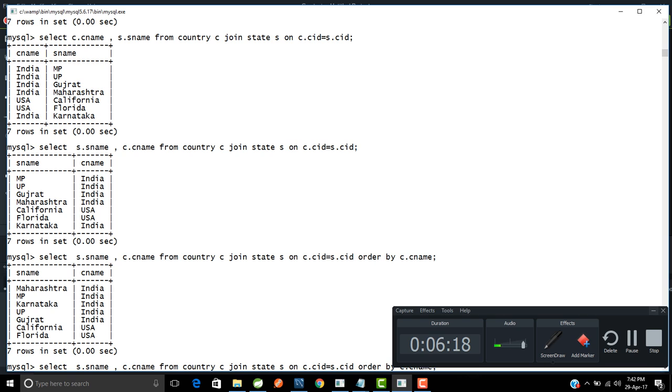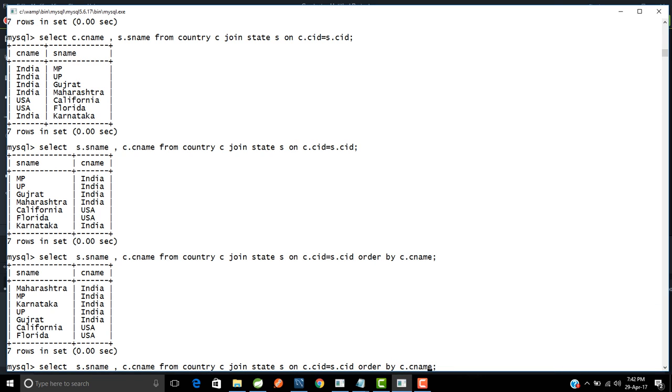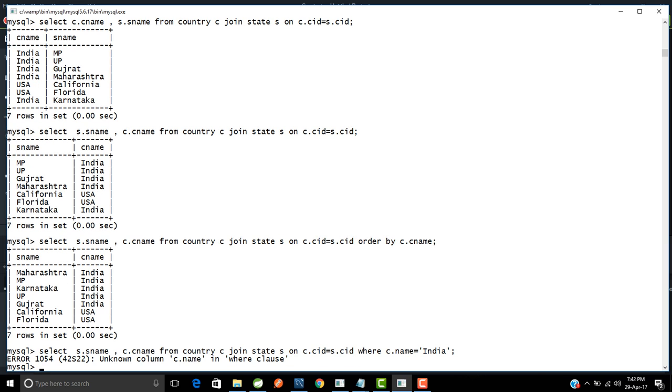See, if I just minimize it, I just need to add a where clause. I don't need this order by. And what should I write? Where what? I want the country to be just, it has to be India. So c.cname is equal to what? It is equal to India. If you write this,